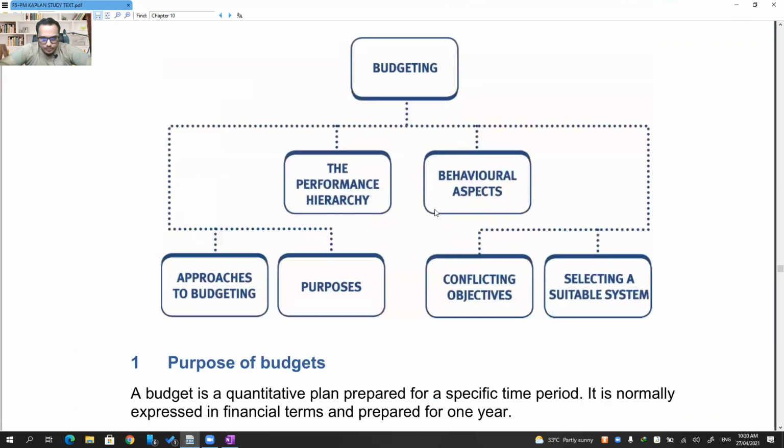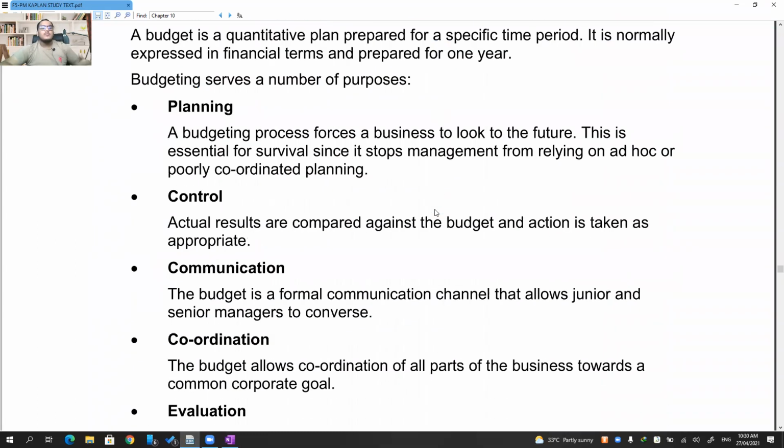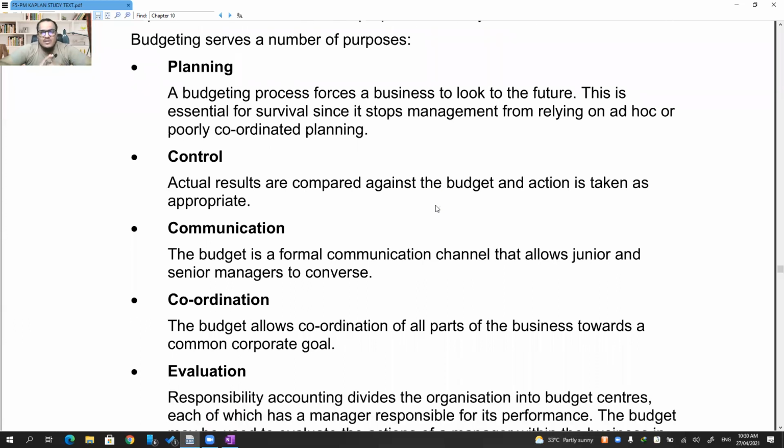No worries. Okay, so coming to the purpose of budget, sir, why do we prepare budgets in the first place? So that we can plan our future. We can basically know that at this particular level of activity, what will be the profit, and what can happen if this thing happens. It is a process of planning, and then controlling. If things are going according to the plan, that's fine. If things are not going according to the budget, if things are going wrong, then how do we deal with such a situation? How do we control the situation?